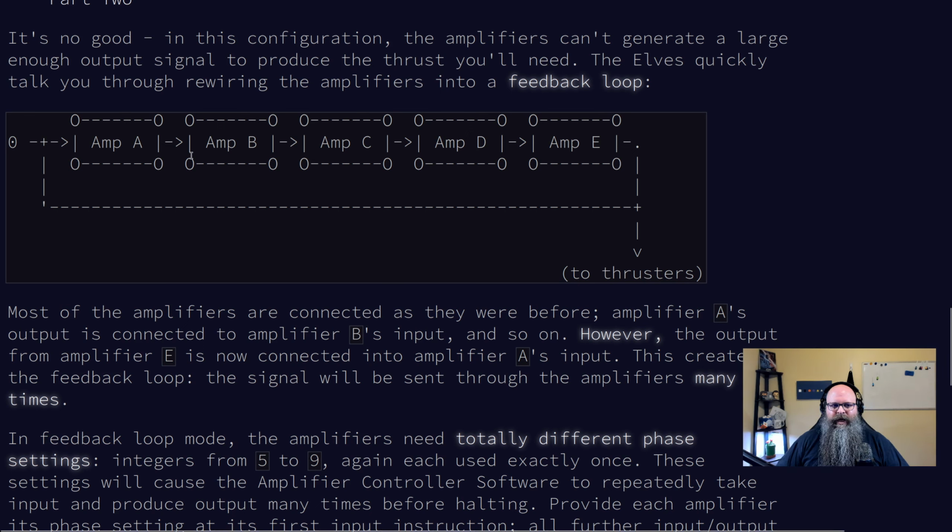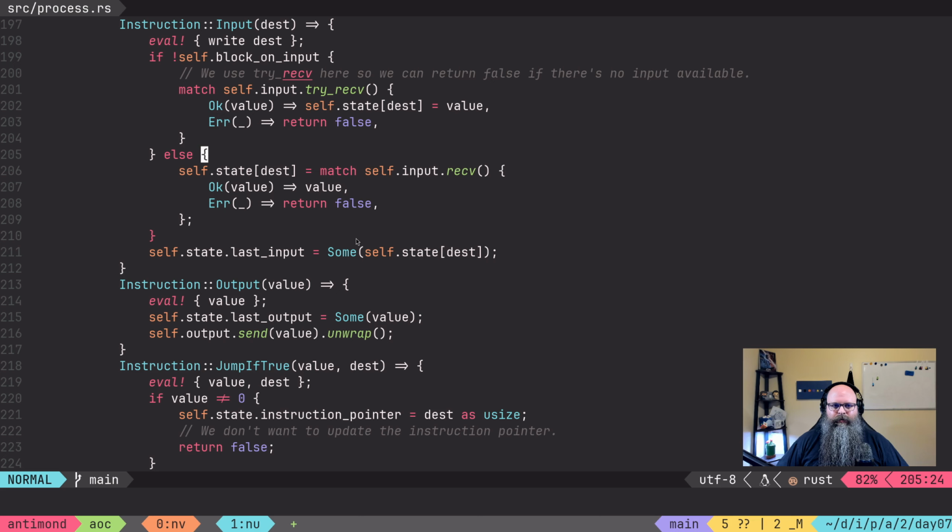So again, if we look at what we're doing here now, we're creating this weird feedback loop, right? We want what's going into E to come back into A. And so maybe A is waiting for E to do its processing. It has to sit there and wait until E is able to spit that back out. But it can sit there and wait, and all these other things can do that processing, right? And there's no need for you to worry about it because you have them all in their own threads. So what does that look like